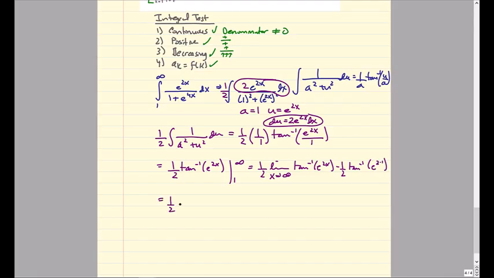So 1/2. So now what does this bit do? Well, as x approaches infinity, this term right here approaches infinity. So this piece right here says what angle in the interval negative pi over 2 to pi over 2 has a tangent that approaches